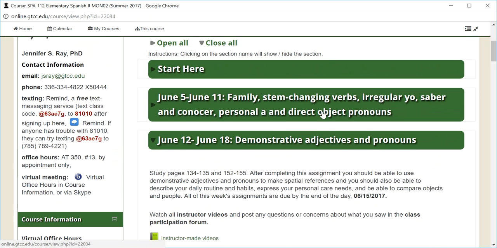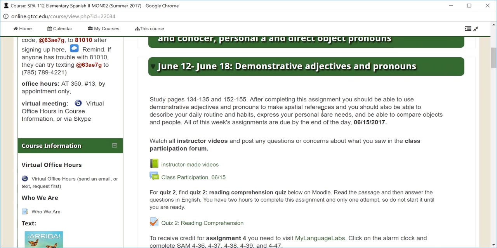I'm going to go ahead and introduce to you week 2, which is June 12th through the 18th. This week you'll be studying demonstrative adjectives and pronouns. You're going to study pages 134 to 135 and 152 to 155. After completing this assignment, you should be able to use demonstrative adjectives and pronouns to make spatial references, and you